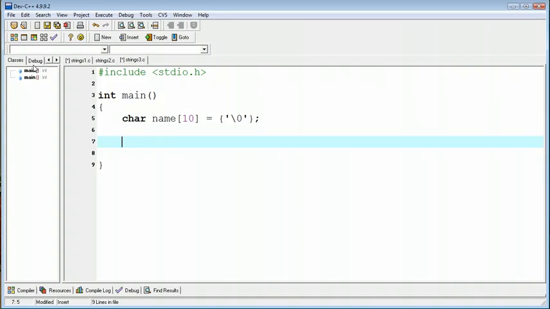But roughly, we are going ahead and creating an array of variables called name, 10 of them to be exact in this case, and that we're placing in that string right now a \0, which is the string termination character, or a null character in this case, which ends the string. So we've reserved, more or less, 10 char variables, stored them in memory, and they're named name0, name1, name2, name3, using these hard brackets here. You'll kind of see how this works in a second. So let's go ahead and prompt the user